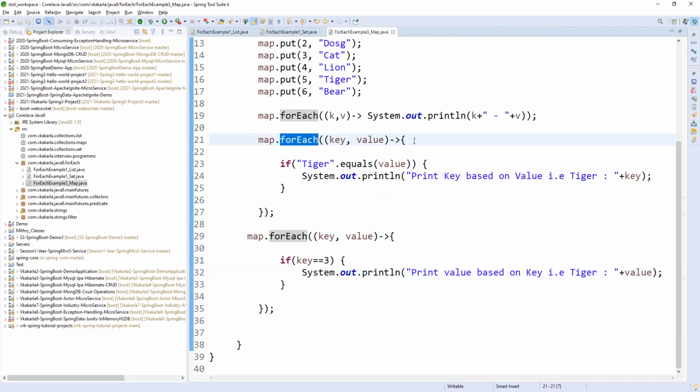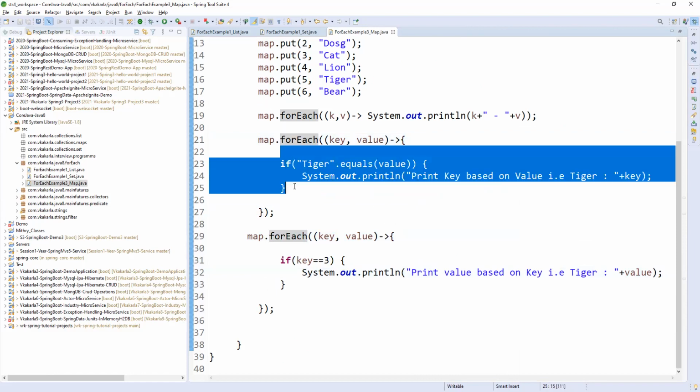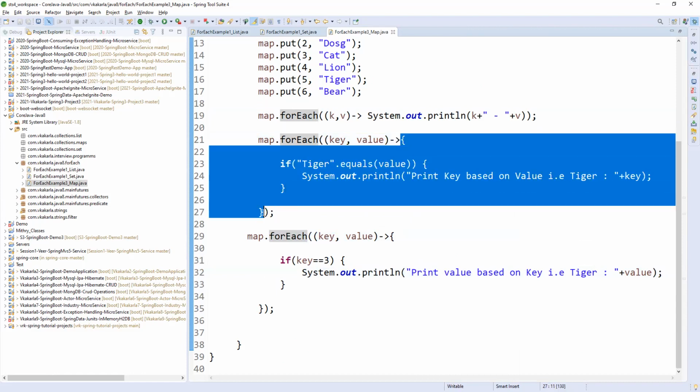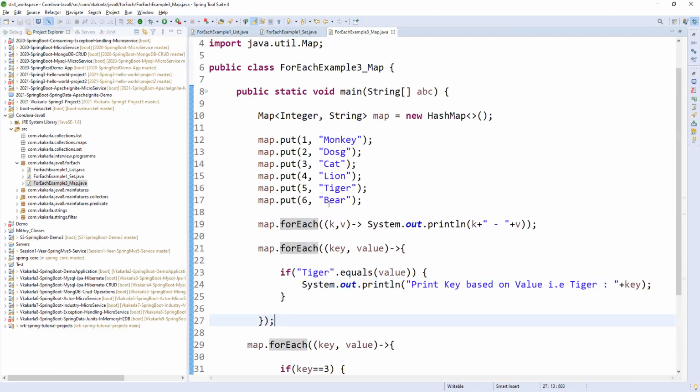And also we can provide or implement the lambda expression body, right? So if you want to print directly, you can print like this. If you want to provide some body, lambda expression is nothing but an anonymous function, right? Anonymous function in the sense it does not have a method name and class name. Simply it is having an implementation, the body. So that is what I am providing. Simply I am providing an implementation for this lambda expression by providing some conditions based on our requirement. Simple, right? So this is what map.